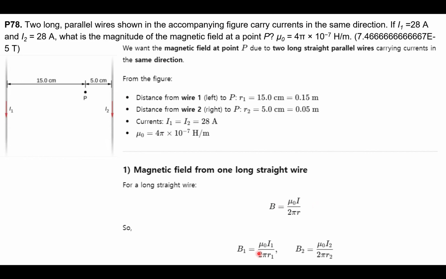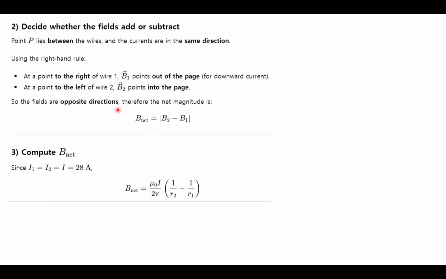If it is the same direction, we go through the right-hand rule, so in this case, I1 will give the magnetic field pointing outward, as well as I2 giving the pointing outward, so that